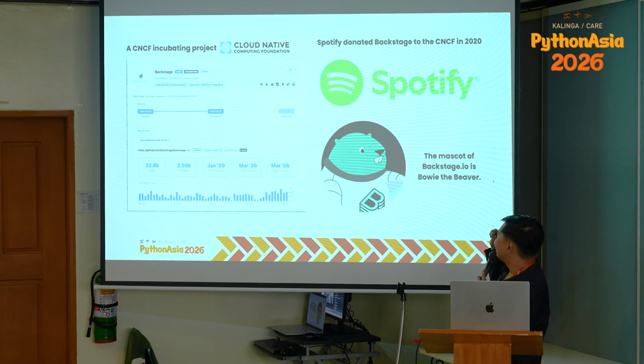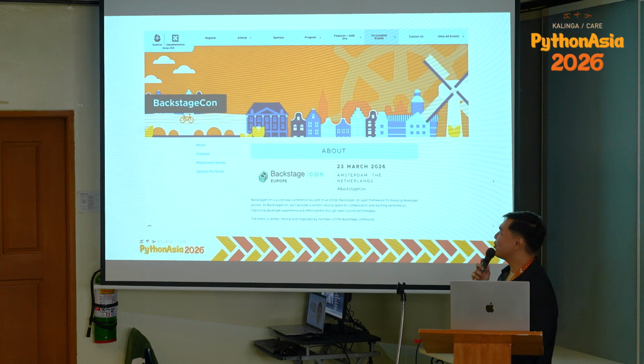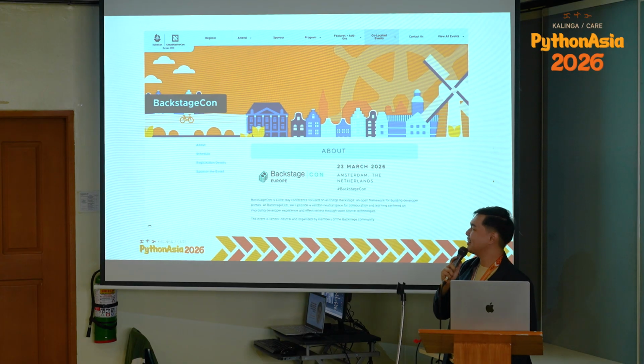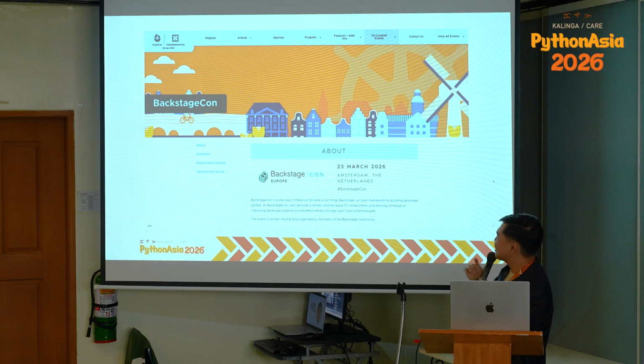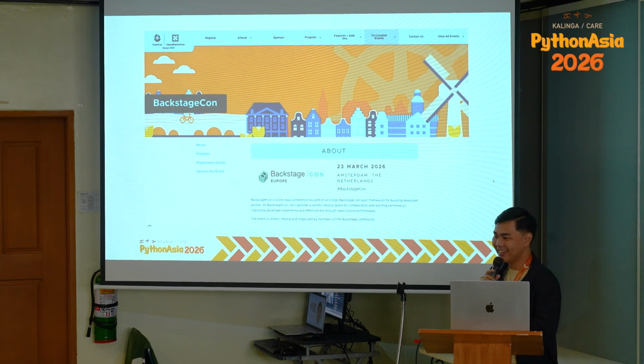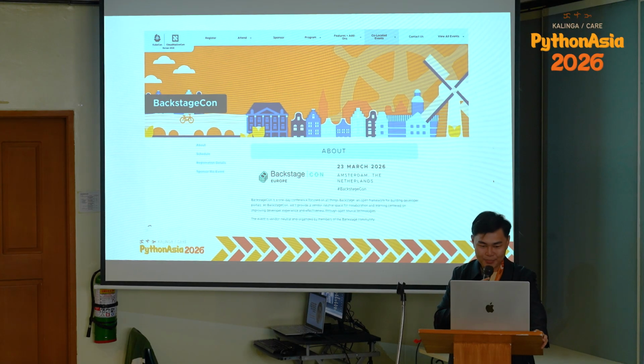It has a mascot called Bowie the Beaver. And most importantly, it has its own conference. So they have BackstageCon, and I think BackstageCon is tomorrow in Amsterdam, the Netherlands. So yeah, that's pretty cool.